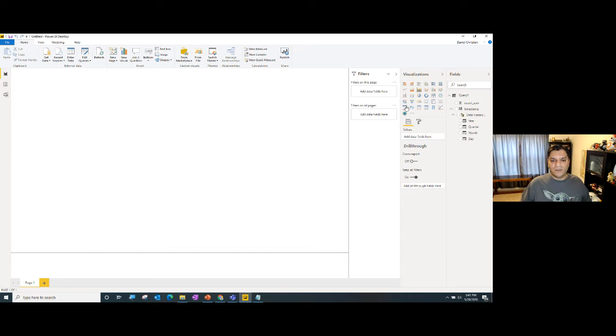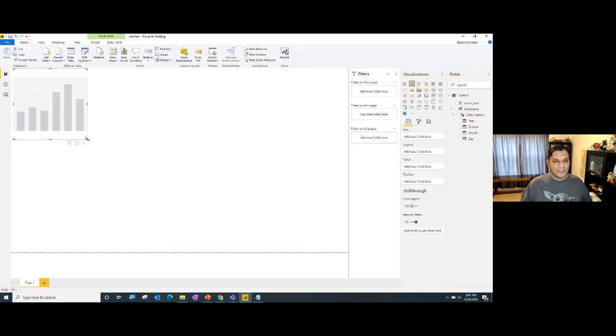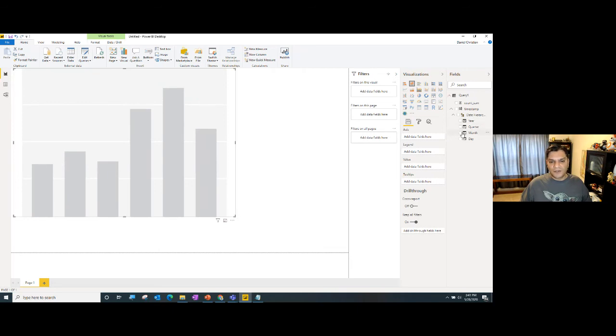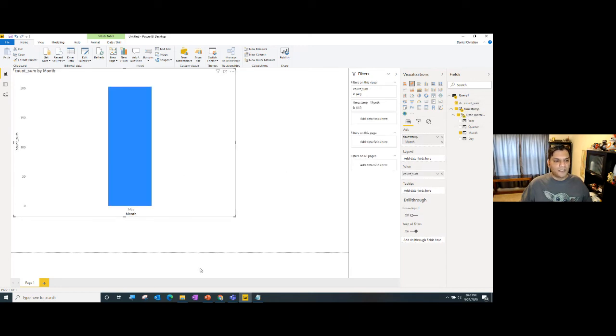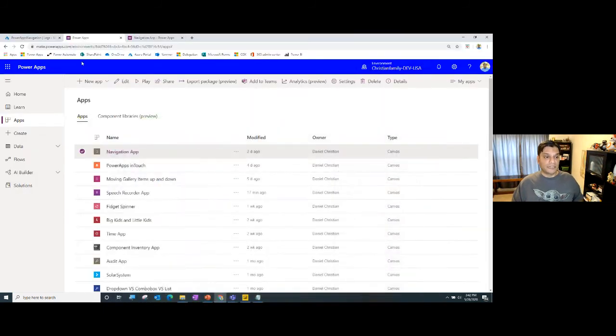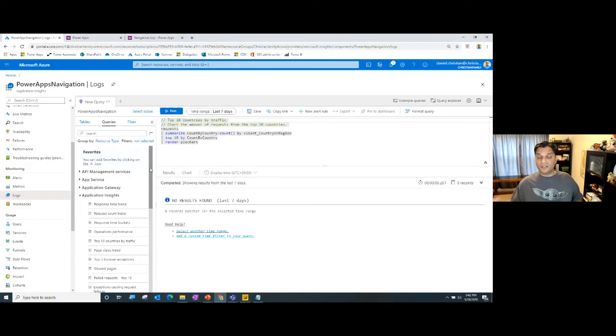So you can basically just come in over here and start adding any of the visualizations that you want. In the visualizations, you can say, yep, that's going to be my month, and in my month, the actual value is going to be the count. And then you've already started building your own graph based on just the data. You don't have to be dependent only on the out of the box functionality, which I think is already great. You can start building your own graph because it's collecting the data and it's already storing it. And it gives you a direct API connection to build that graph over there.